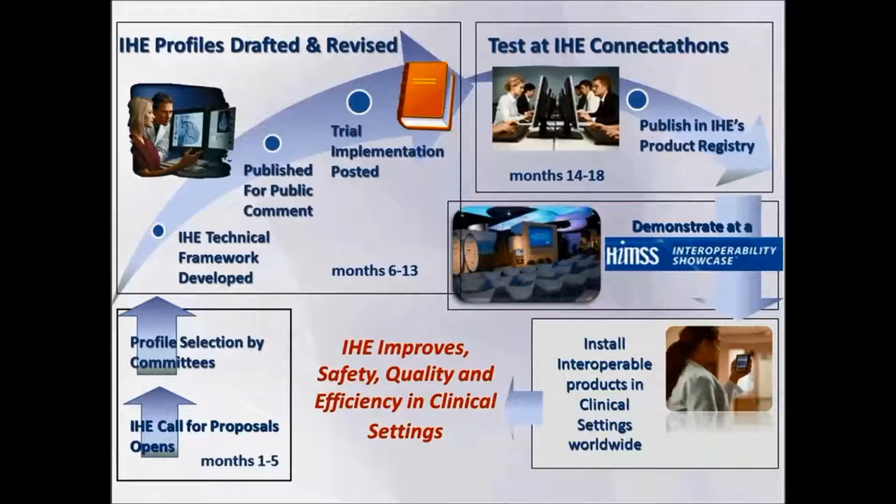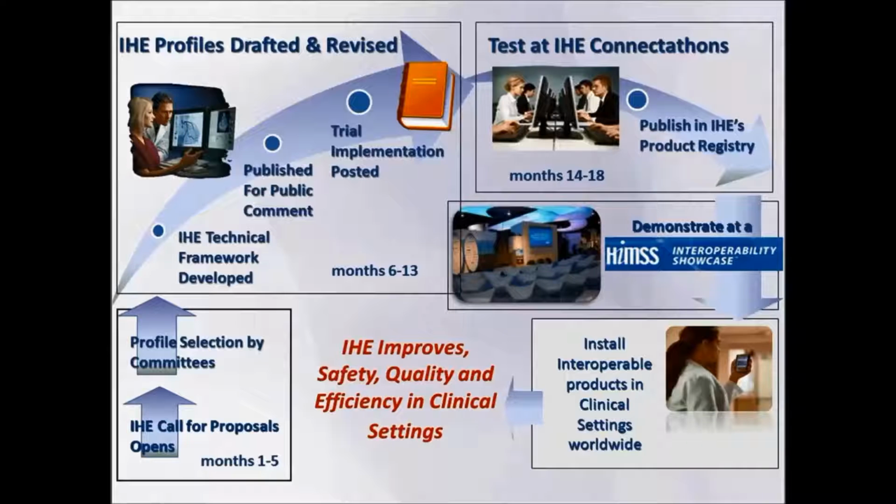And then moving up the picture here on the top left, months 6 through 13, we write the profiles. We write volume 1, then we write volume 2 or 3 or 4 if appropriate. We publish those out for public comment, usually for a month-long or maybe a 6-week-long period. We certainly like to get public comments back, so that's another way to engage and participate: review the work that we publish for public comment and provide your feedback. The more feedback we get, the better. It just means that people are reading it and that it's relevant, and we want to produce things that are relevant to the industry and that will have good, solid impact and